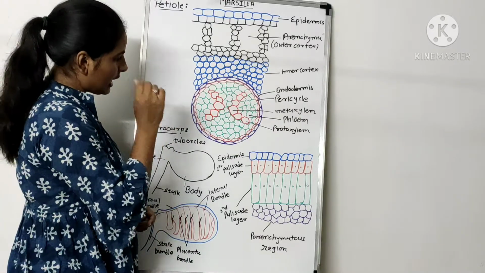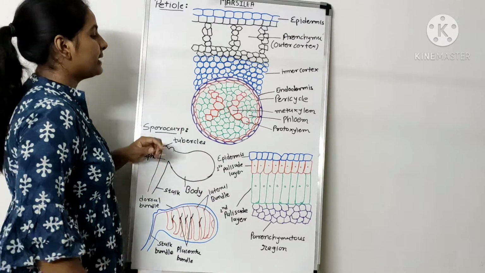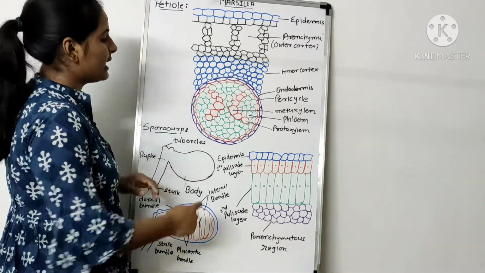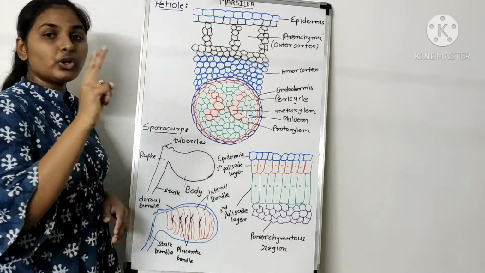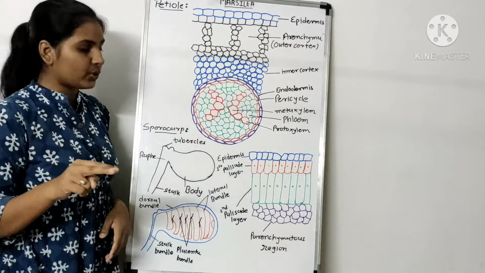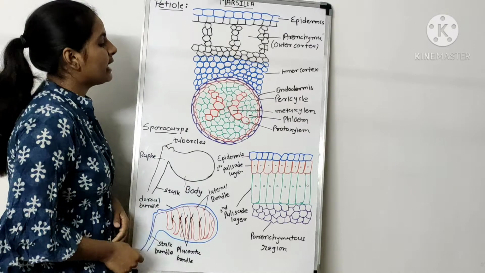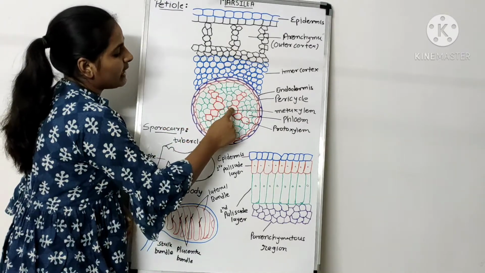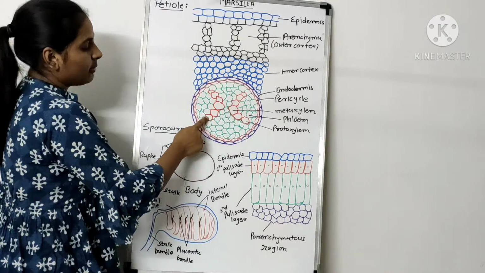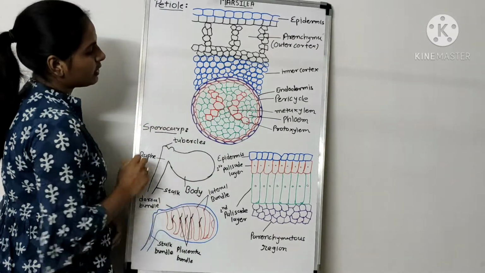You can see in the diagram that the red color is the xylem and the green color is the phloem. The xylem is V-shaped, with two arcs in the protostele shaped in a V. In the center we see the metaxylem, and on the terminal side we see the protoxylem. This is the terminal side, the protoxylem.